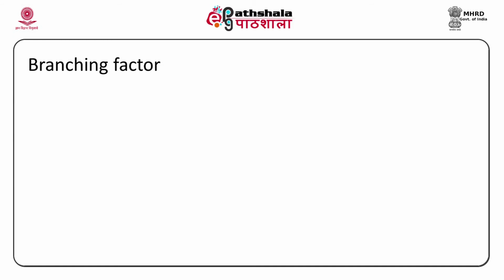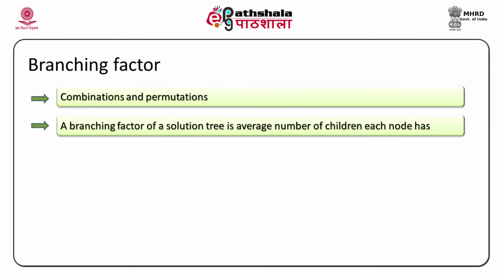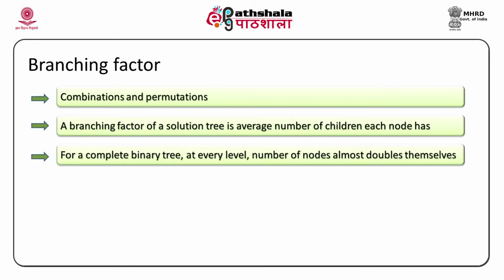So, the branching factor is the next thing which we are trying to explore. I have already told you that when you explore a search tree or a graph, a difference between a search tree and a graph is that in a graph a child may point to a parent, may be to a child and so on and so forth. What is the branching factor? Branching factor is the number of nodes that you will have as a child on an average.